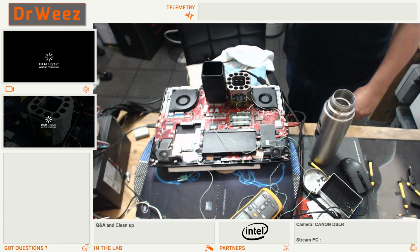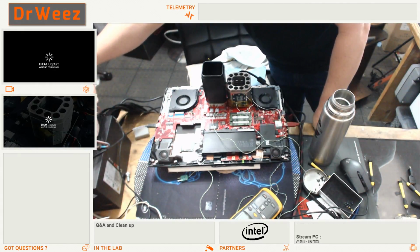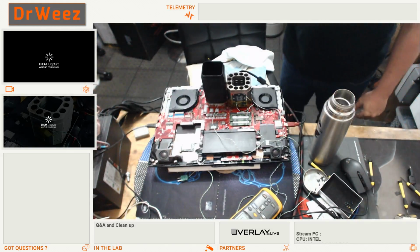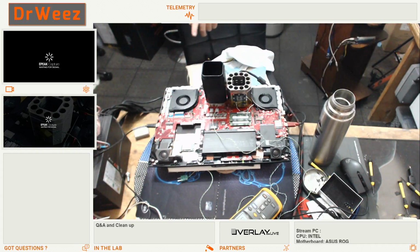Power supplies have got power. I've got a handy power meter here, so we can actually see on the fly what the power draw is. So if you've got any questions regarding that, feel free to ask. And the only modification, or the only thing I've done on the board,